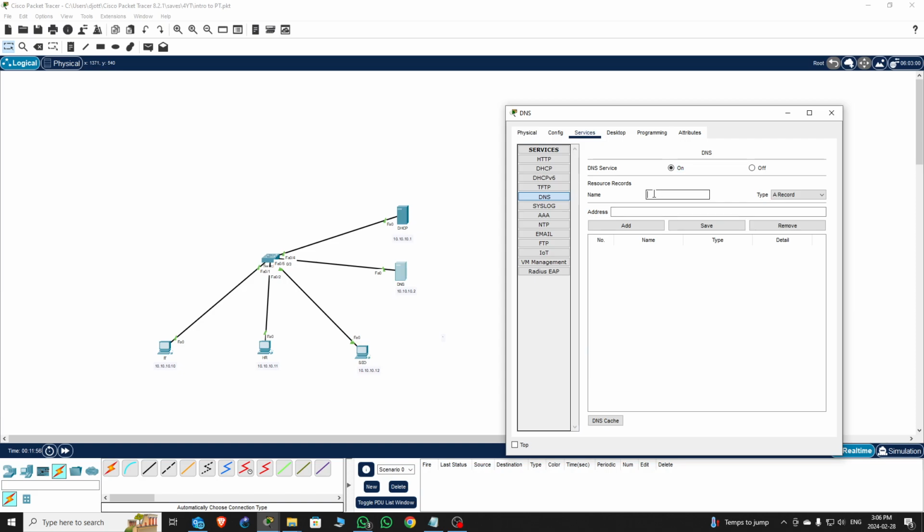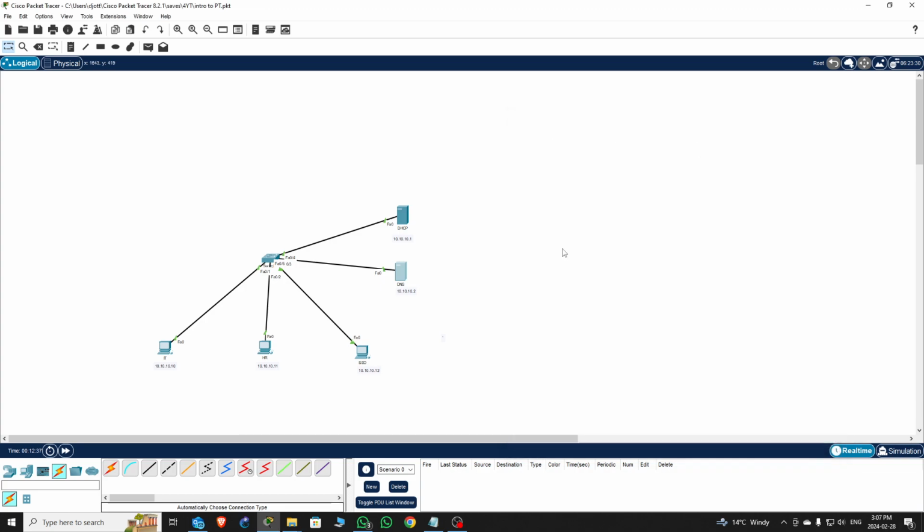Let's say we want to define google.com to have the IP address of the DNS server, 10.10.10.2. So we want this Google URL to have the IP address 10.10.10.2. So we're going to add this. Okay, so we're going to add that, and then go out of here, and then come back here,